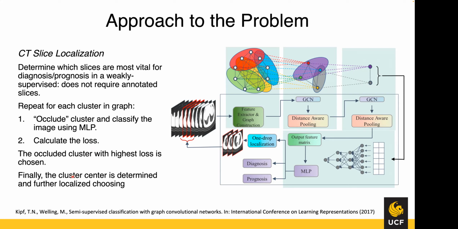And then finally, the cluster center is determined of that occluded cluster of slices, like maybe this is an example of the cluster of slices. And then they're further localized, choosing another K slices, and that's also another hyperparameter. Okay,